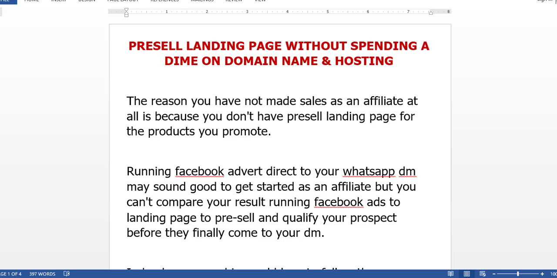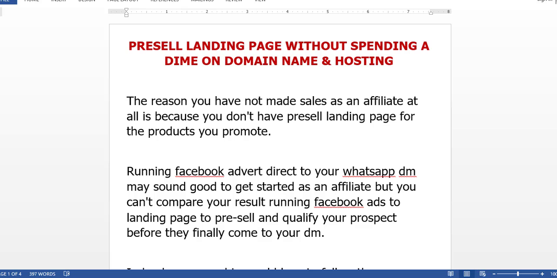WhatsApp DM. In that case, you have qualified them, you have pruned them to know if they are really qualified. In fact, they will have better information about what they are coming to your DM for. Some people can just click your advert on Facebook and land on your DM, not knowing why they clicked, where they are coming from, and why they got to your DM. And by the time you are sharing your affiliate link with them, sometimes they will be confused. But if you share your